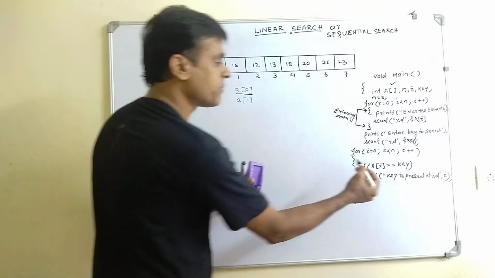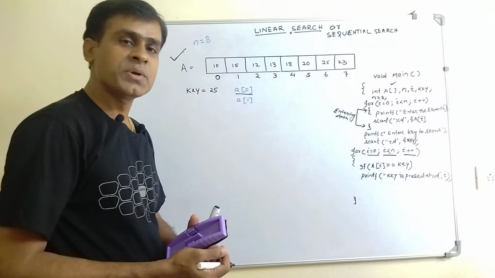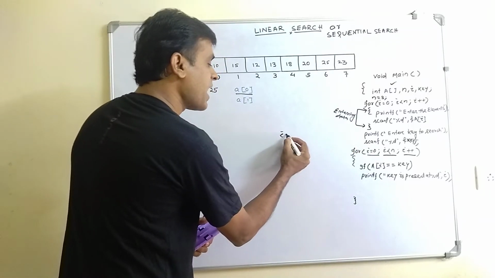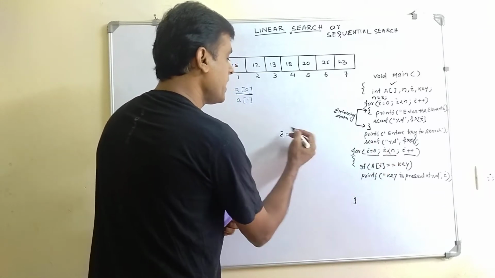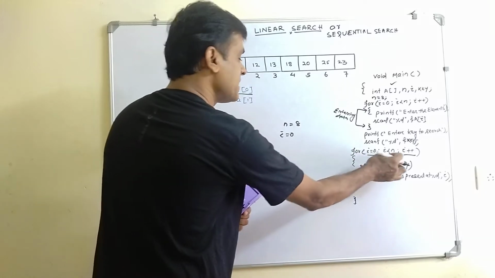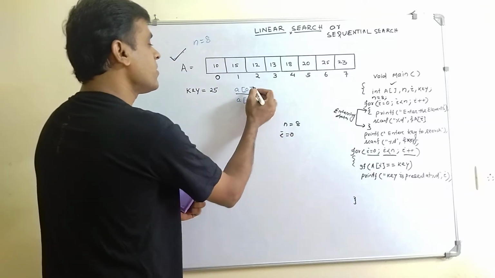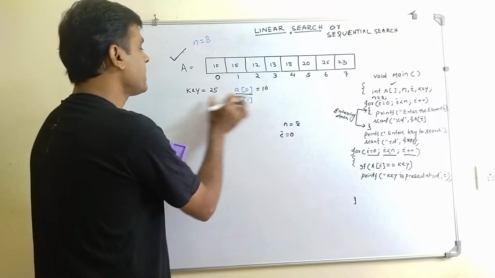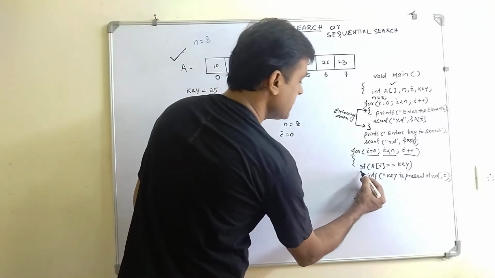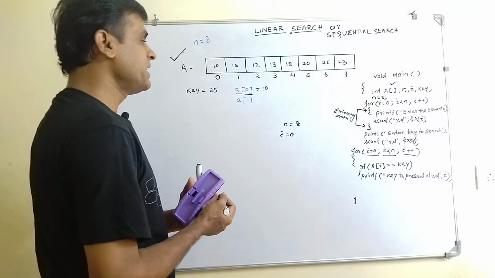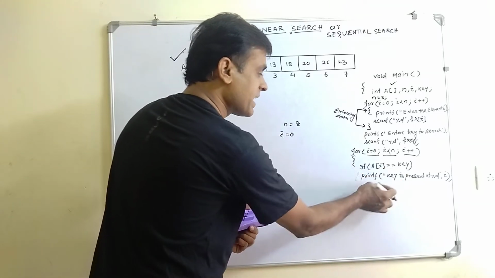That is why I have taken one for loop, i equal to 0, i less than n, and i plus plus. So what is my i the first time? First time i is equal to 0. When i is equal to 0, the condition is true, since n is 8 and i is less than n. Inside, I check whether a of i is equal to key. Here a of 0 is 10. Is it my key? No, it is not my key. So it will not go inside. Can I say that my element is not found? In this case, if a of i is my key, I can write that the key is present.